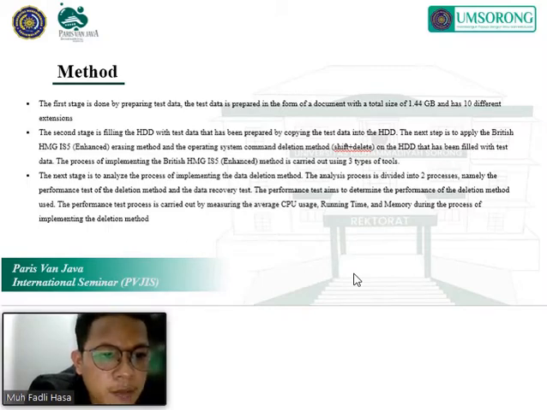The analysis process is divided into two processes, namely the performance test of the deletion method and the data recovery test.